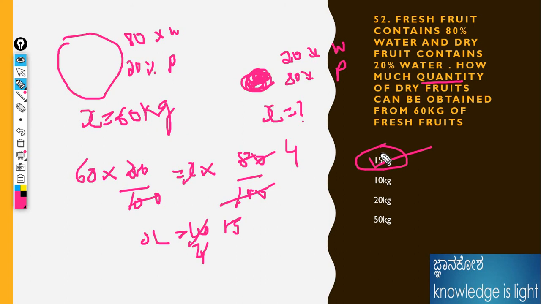Among the 60 kg of fresh food, 15 kg are obtained as dry fruit content. We need to understand that if the fresh food contained 60 kg, and among that 15 kg of pulp is obtained, then 15 kg is present as dry fruit. Once all the water is removed from the grapes, it should be dry only, right? What is the kg of that among the 60 kg? That is 15 kg of the dry fruit.